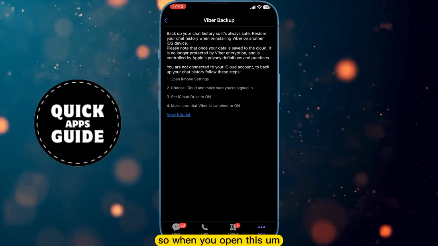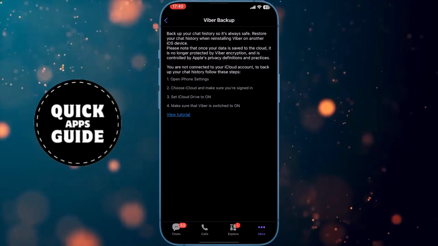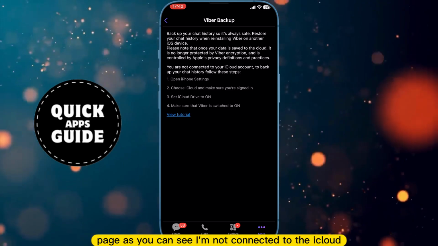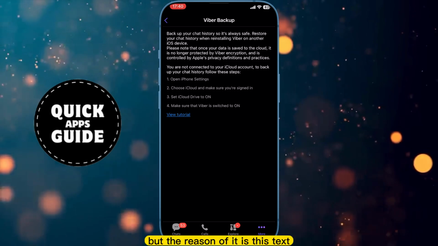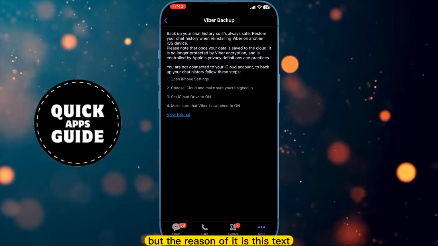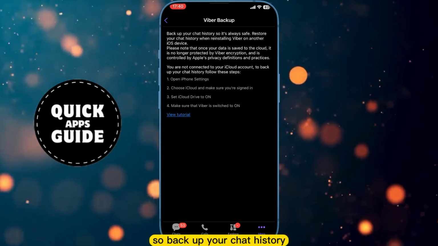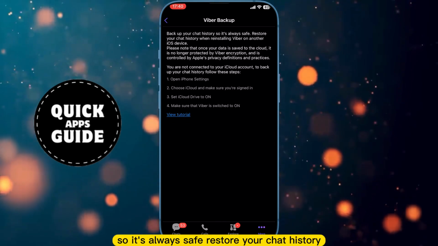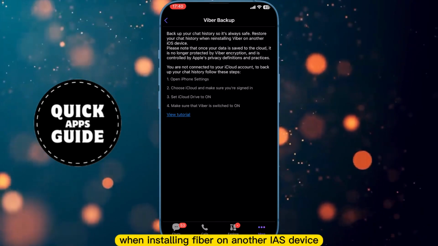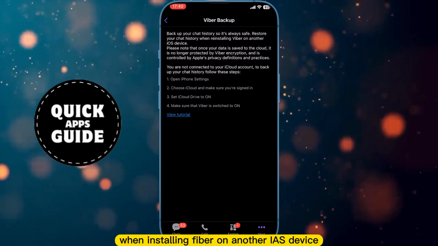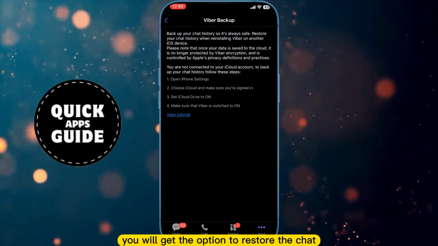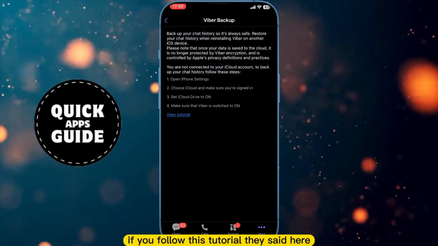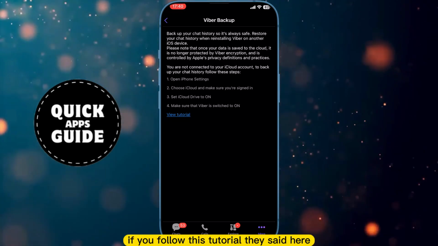So when you open this page, as you can see, I am not connected to iCloud, but the reason for it is this text. Back up your chat history so it's always safe. Restore your chat history when reinstalling Viber on another iOS device. So when you reinstall Viber, you will get the option to restore the chat if you follow this tutorial